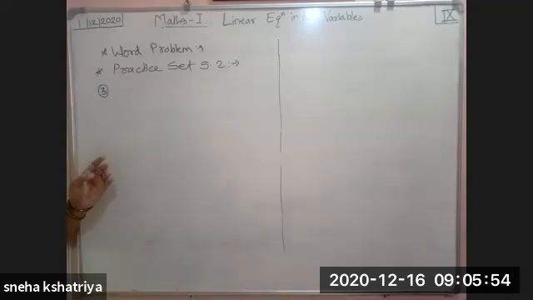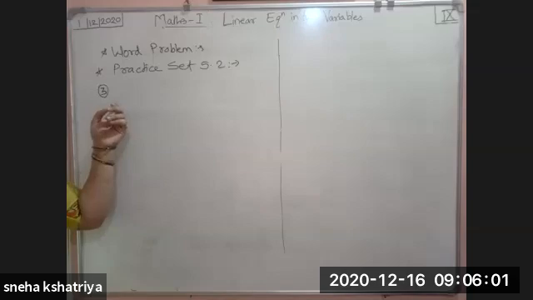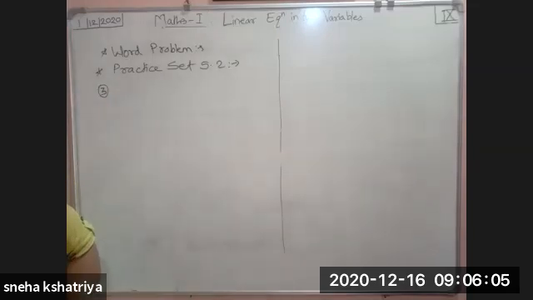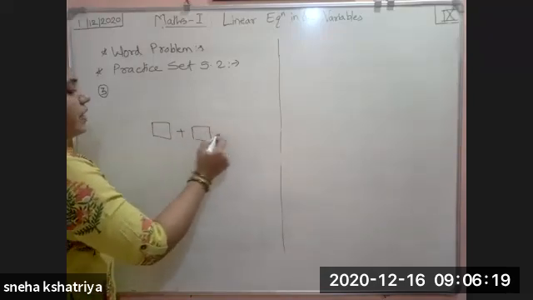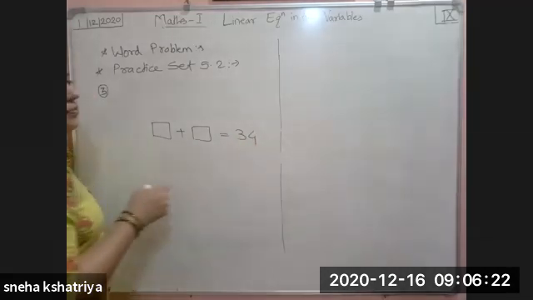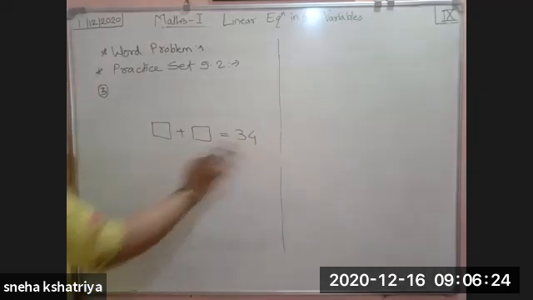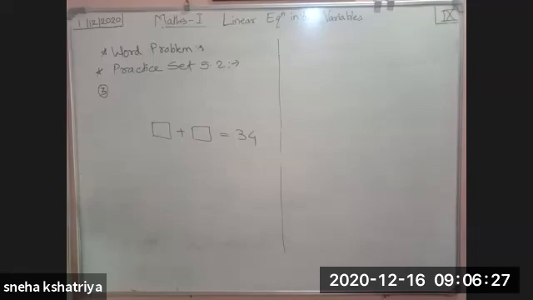Okay. So first, whatever the example we have seen, that was regarding numbers. Now second, from practice set 5.2, third example we are going to see, that question is related to age. So what is given? That the sum of ages of Priyanka and Deepika is 34. Okay, simple addition is there. So we can say that the ages of Priyanka and Deepika become 34. So this is a very simple statement. We get it directly.